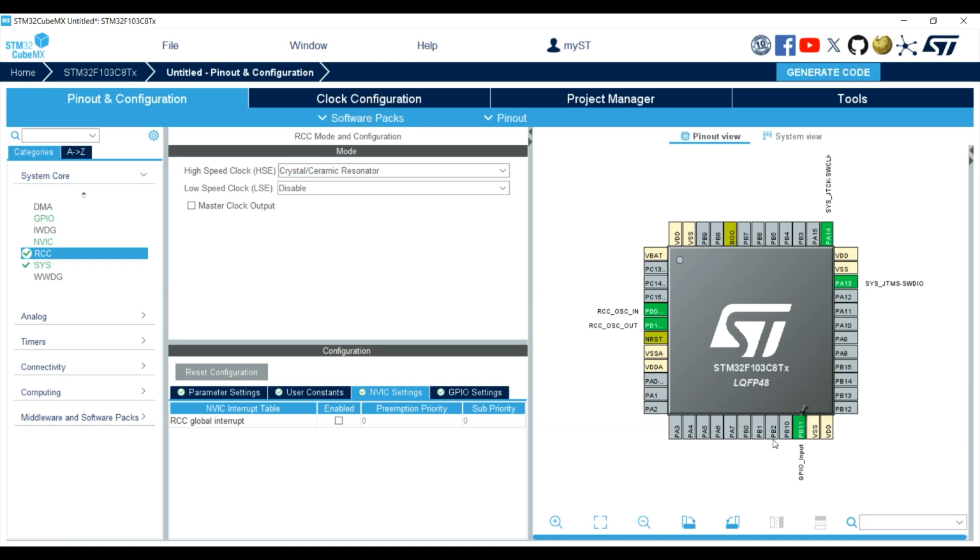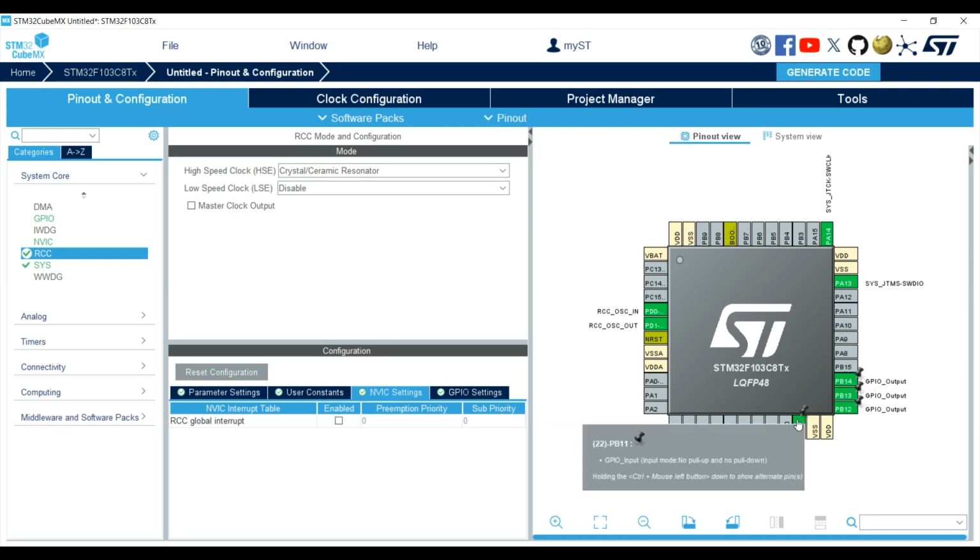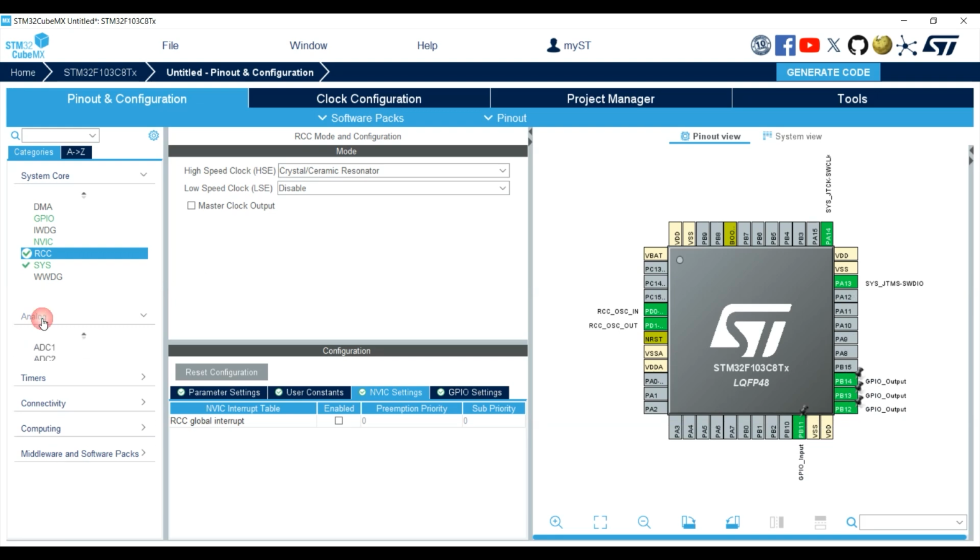And pins B12 through B14 are our outputs, so we set them as GPIO output. About analog, which is related to ADC, timers, connectivity, computing, and etc., we don't need to do anything.